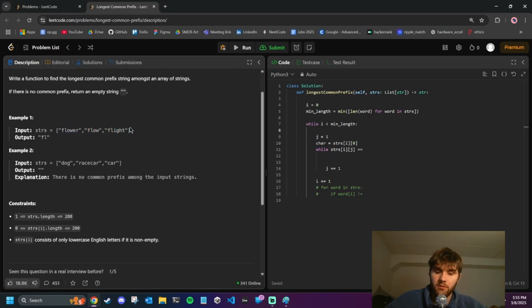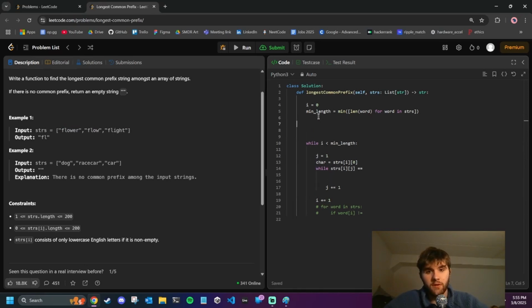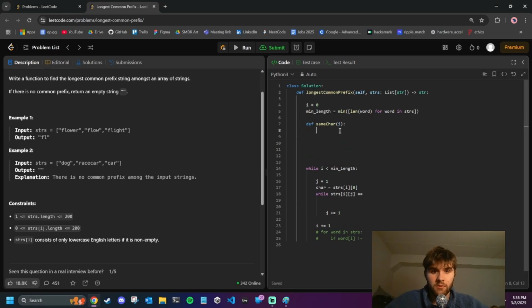But maybe not. It might be good also to just make a different function for clarity. So what if I have a function called like same at I, or same character, which takes an I. And then it would also have, of course, strings, so we would just return